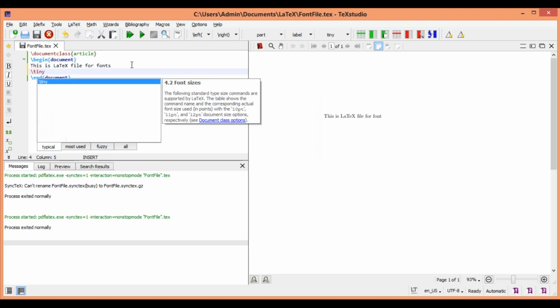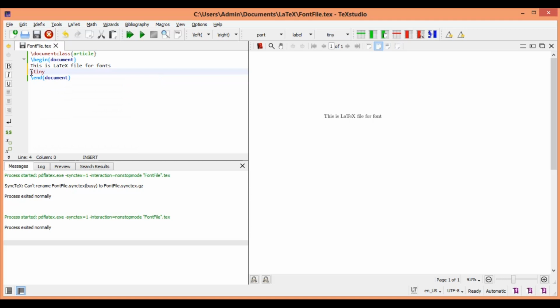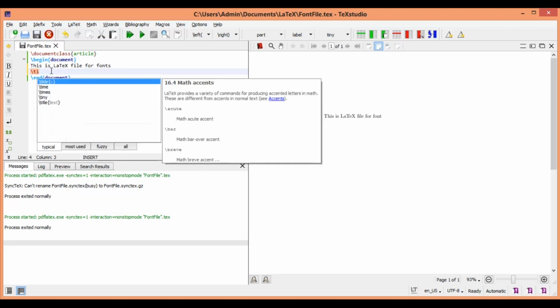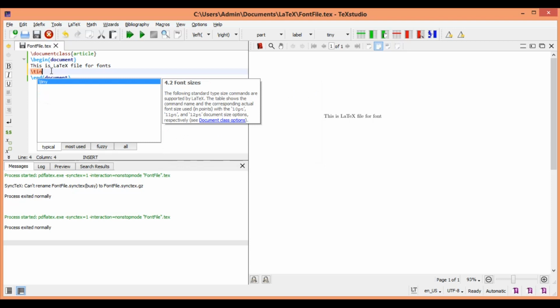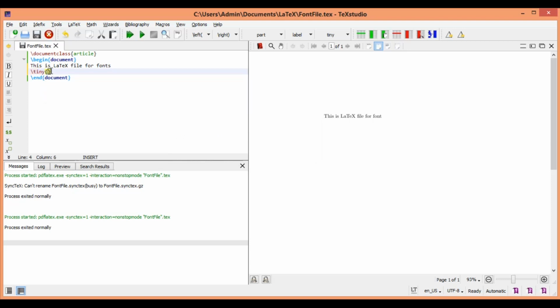For the font sizes, I want to start from the smallest and go to the biggest one. So we are starting with \tiny. This font is called tiny. It is predefined. You put the slash and then the keyword tiny. As you type, since this is an editor, it automatically prompts you. So I am choosing the tiny font. Then once I type the open curly bracket, it automatically opens and closes the bracket. Whatever you need, you can type here. "This is tiny font." That is what I wanted to see.